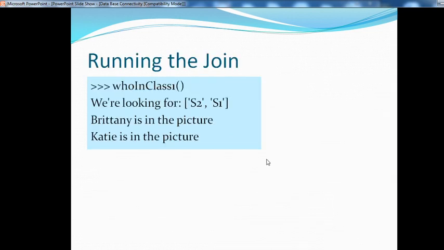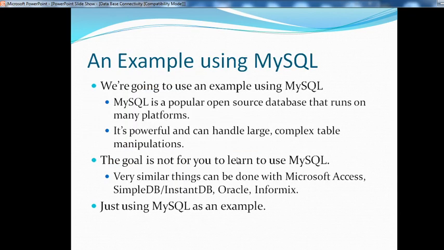Now you can run the joining. How do you run that joining? Your tables were created, three tables, and how do you join those particular tables? That is, who is in a class. Then we are looking for S2 and S1, pretty in the pictures and cat in the picture. That means the final output displays pretty and cat. Those were already seen in the last lecture, pretty and cat.